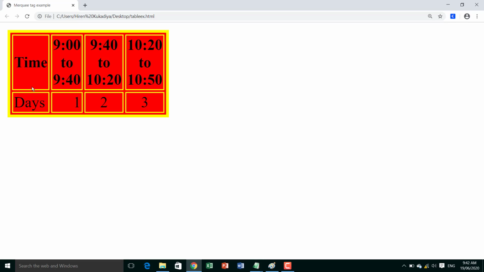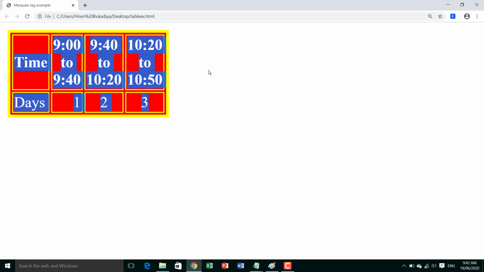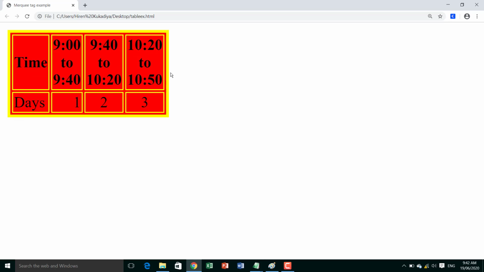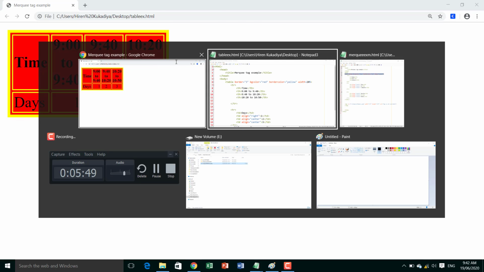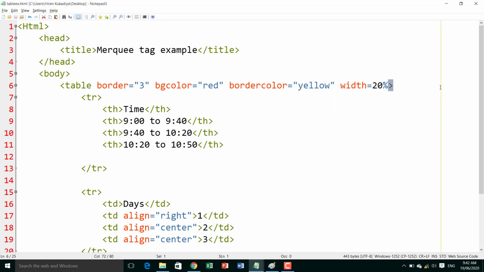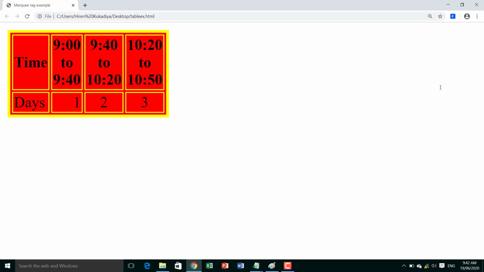Width means from top to bottom here, like this way. Okay, this completes the width, and height means from the left to right or right to left, and width is top to bottom, bottom to top. Okay, width. And now the height, we will see the height. Height equals to, suppose, 30%. Then we will see what output we get.